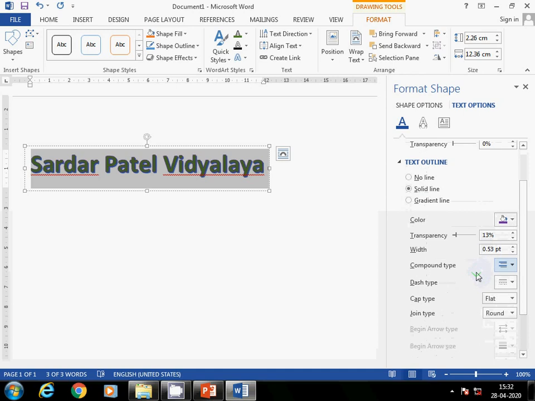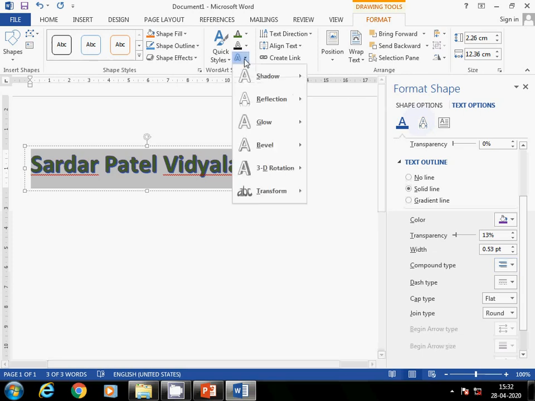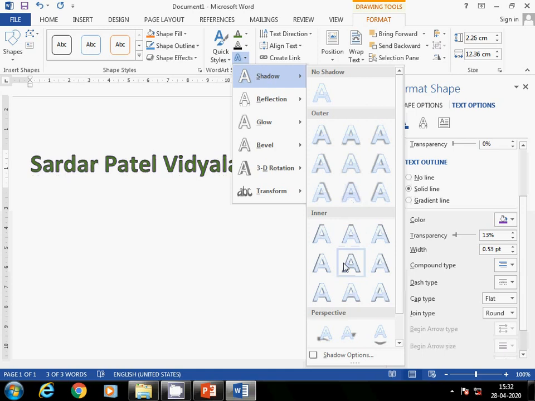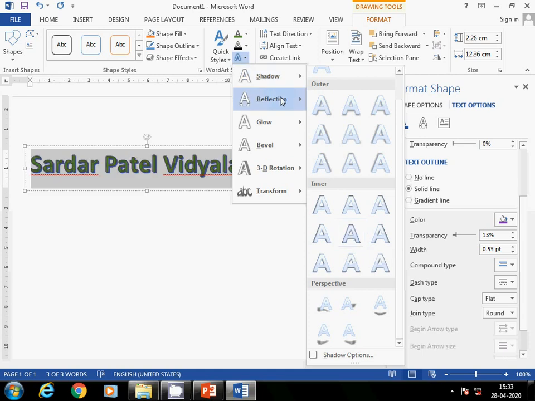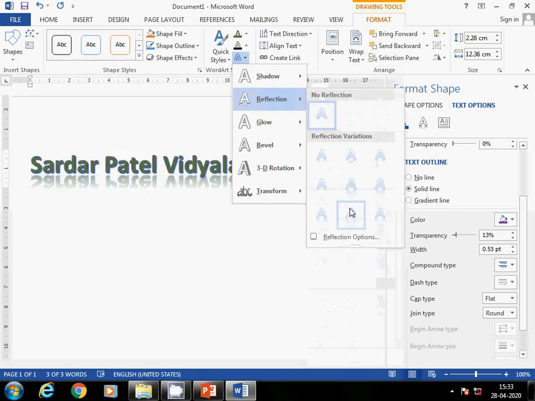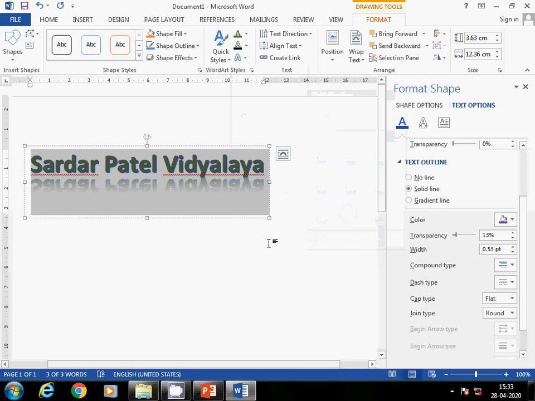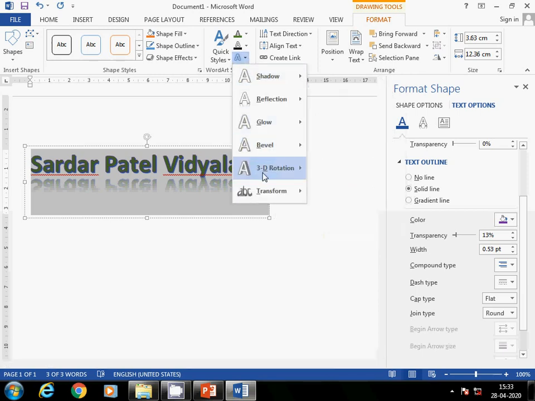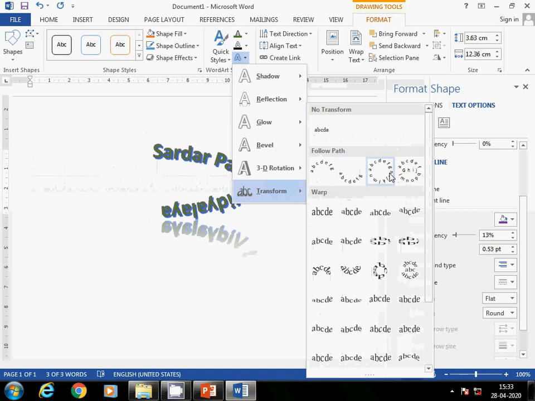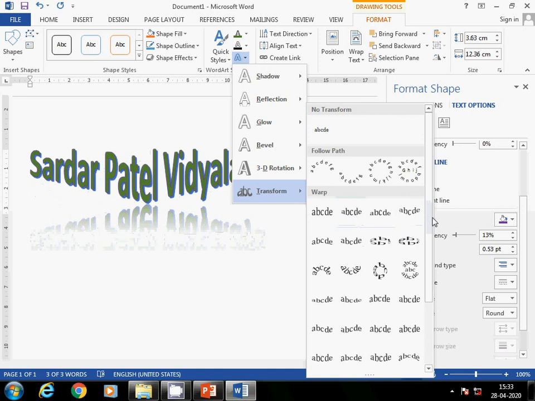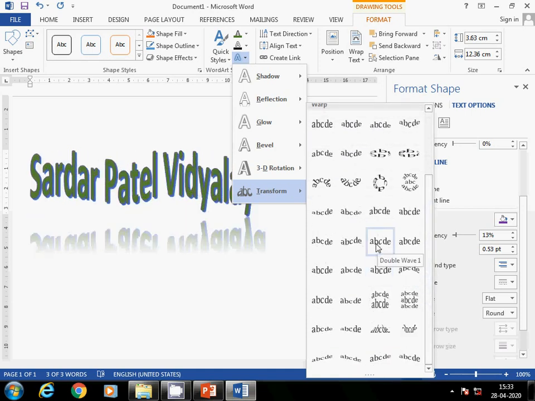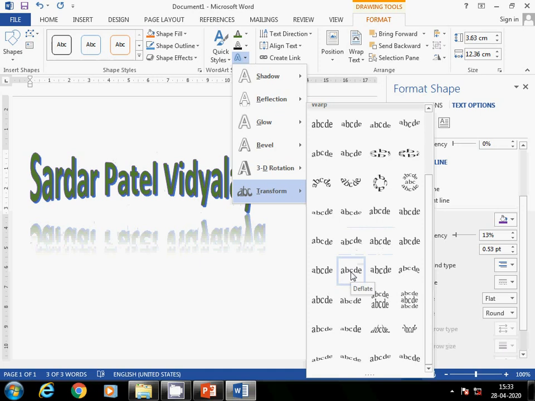Then these are the text box options, so that we will see in the next session. So this way you can apply styles. If you want to apply effects, effects are coming here, different effects. This is for shadow, these are inner ones, reflection. If you want reflection, then you can apply reflection also for your WordArt. So from effects, you can change whatever style you need. You can pick any one. This is transformation. Okay, if you want like this, you want like this, so that is according to your choice.